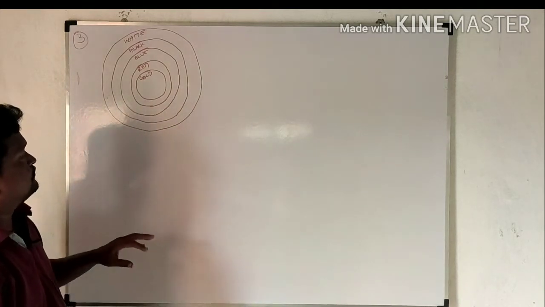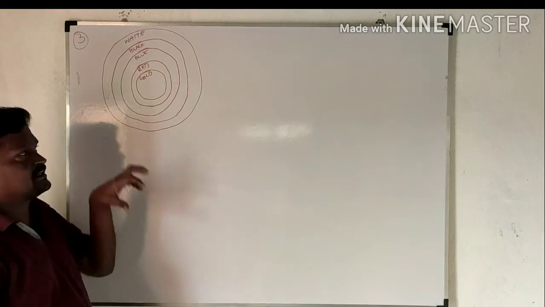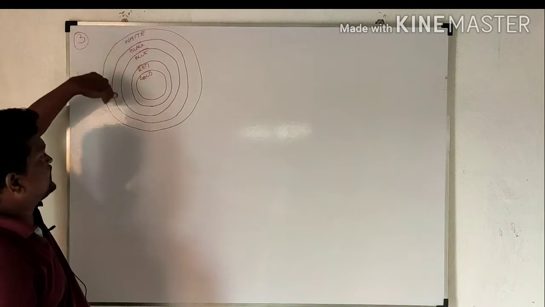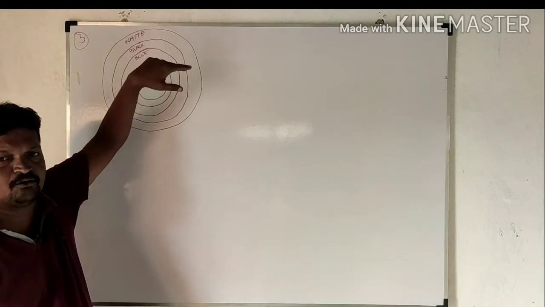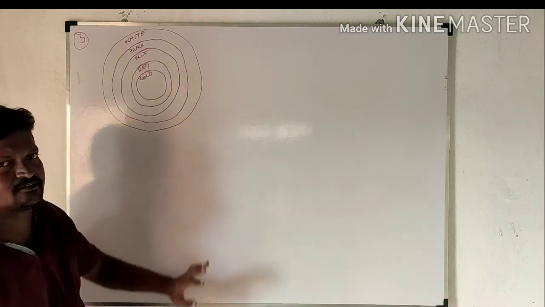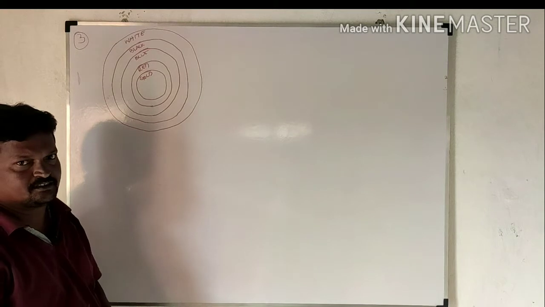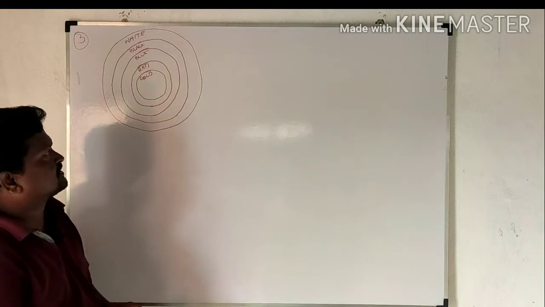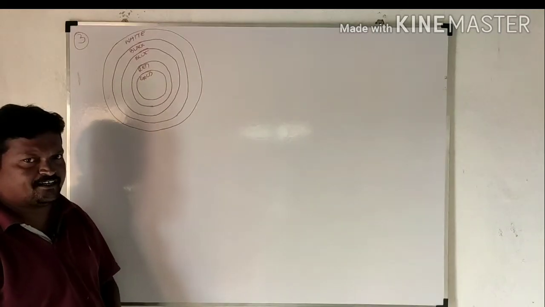Here we have to find the area of all the regions. How much area the white region occupies, how much the black region occupies. Like that we have to find the areas of all the regions. Here all are circles only. Is it right or wrong? Yes, all are circles. So each and every circle's area we have to find.